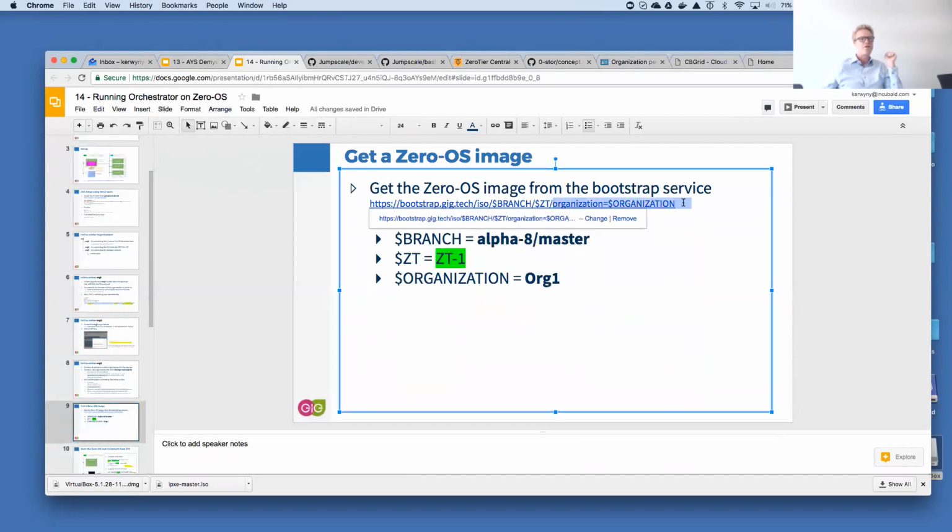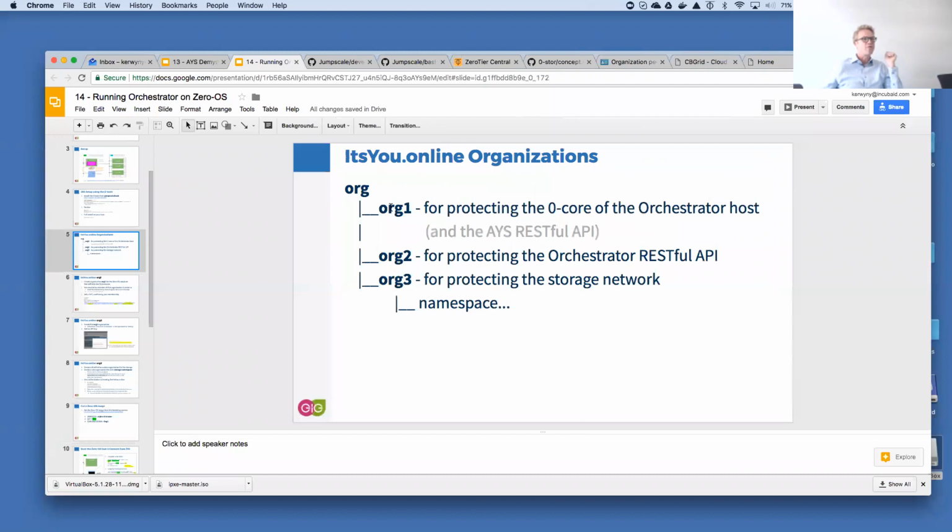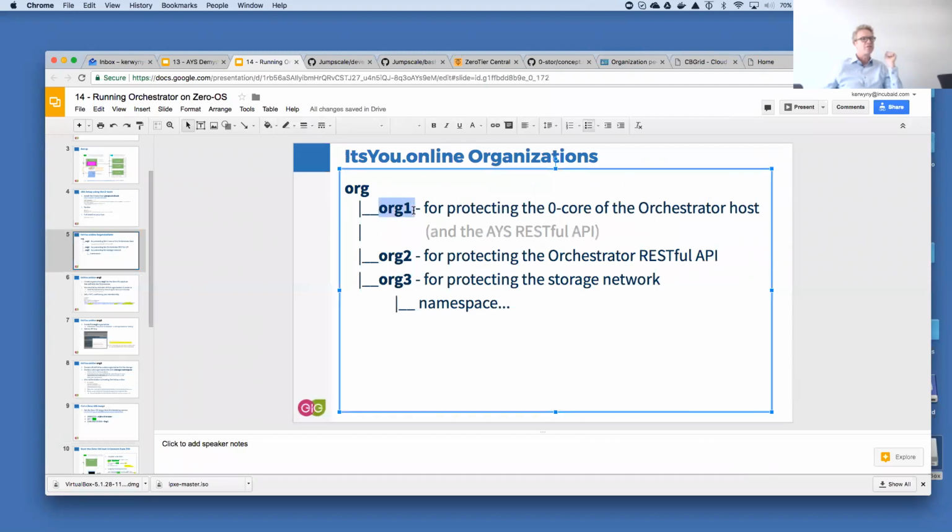That's what you specify here. When downloading an image, you specify the name of an organization. This name of the organization needs to be the name of the organization you create here.